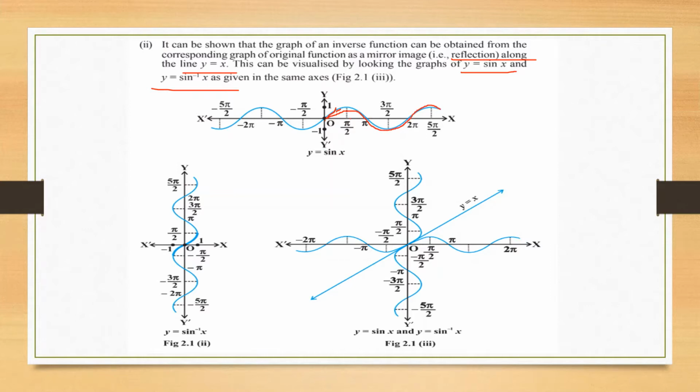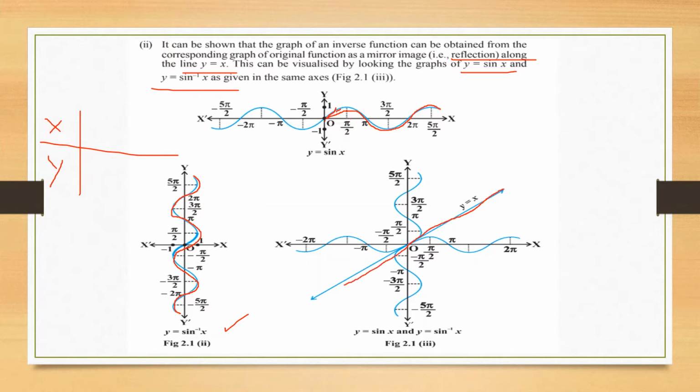And this is the graph of sine inverse x. When plotting the graph of sine x, we make an xy table, and now for sine inverse x it will be a yx table. So the graph is the same, but it is now along the y-axis. So y is sine inverse x. And what if we plot it all together on this one, and take the line y equal to x.